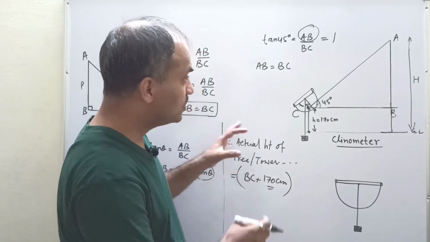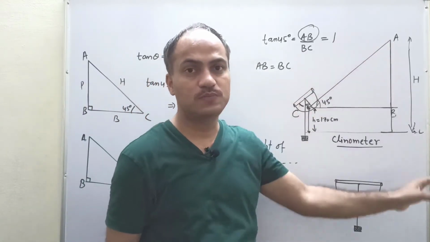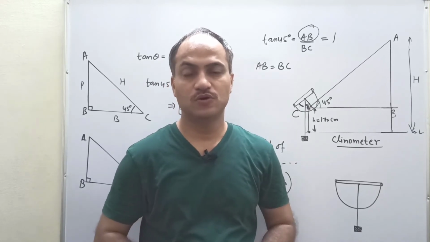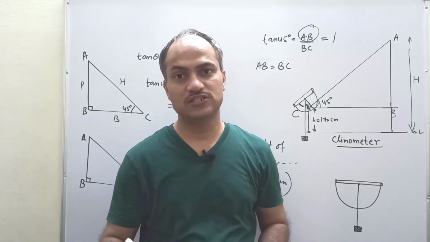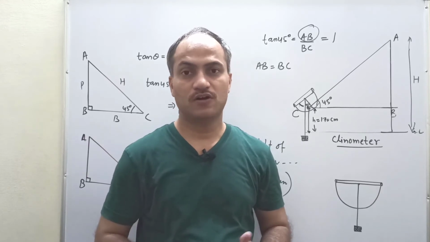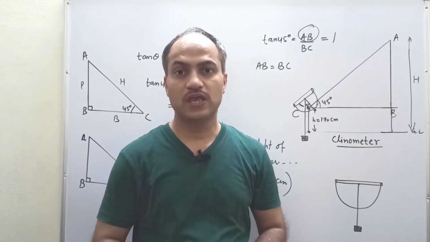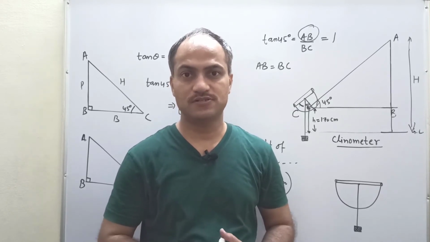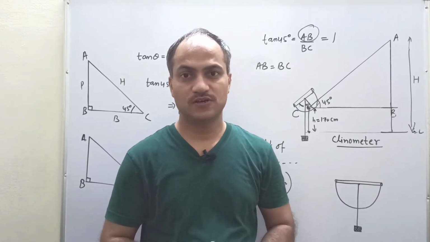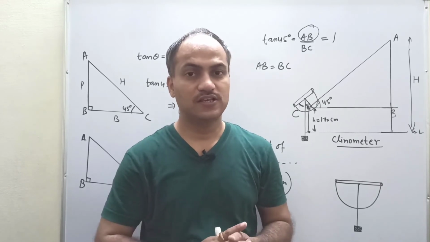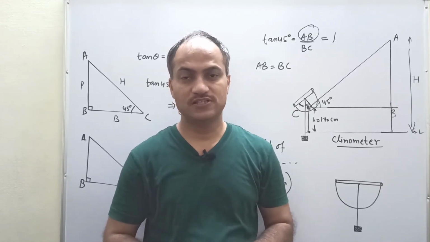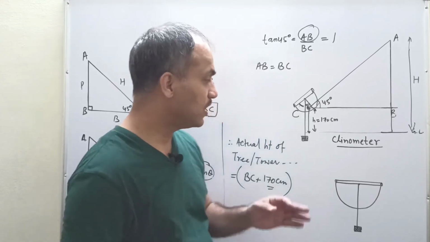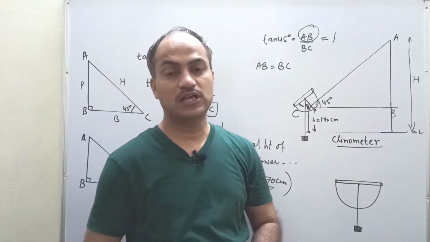Okay guys, so this is the way we can find the height of any object using trigonometry. You can do this experiment at your home also. You can find some object, some tree or some building or some tower near your home, and with the permission and guidance of your parents or some elder person, you can do this experiment, and you yourself can see the importance and utility of mathematics, and trigonometry especially, in the real world. This is just an example.